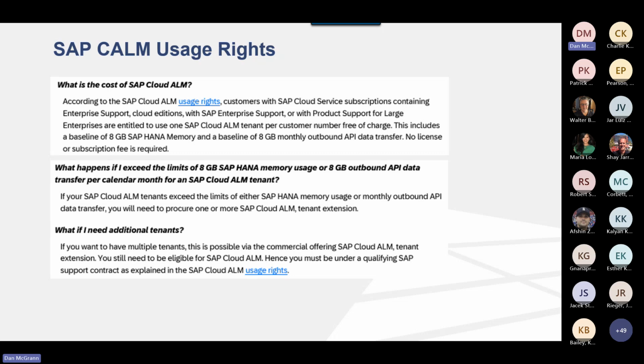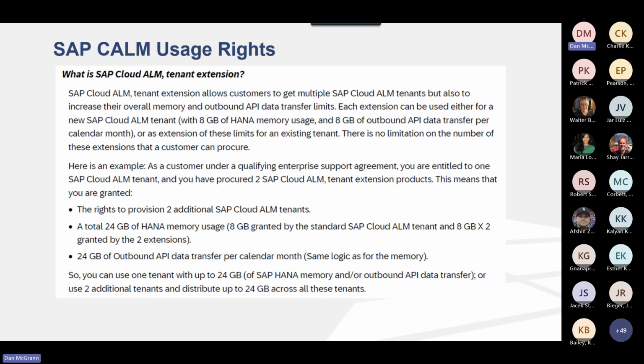So you get 8 gigabytes, as you can see here, of memory and monthly outbound data API transfer, just reading from the slide. But if you need more, you need to get more, right? And again, all of these are from SAP's FAQ, which we share the link with at the end of this presentation. Here's SAP giving an example where a customer might need to provision 2 additional Cloud ALM tenants